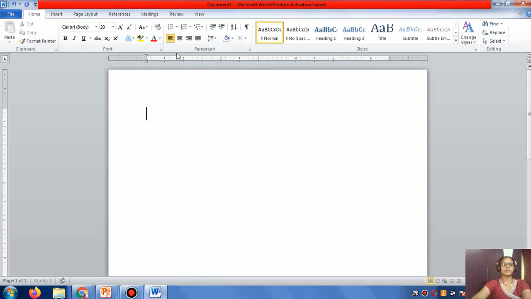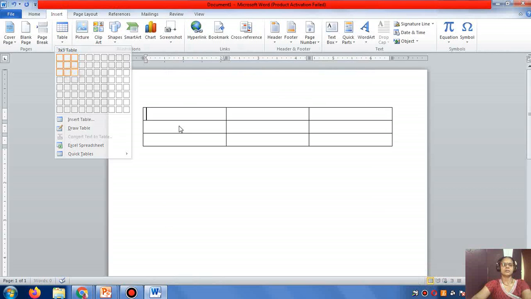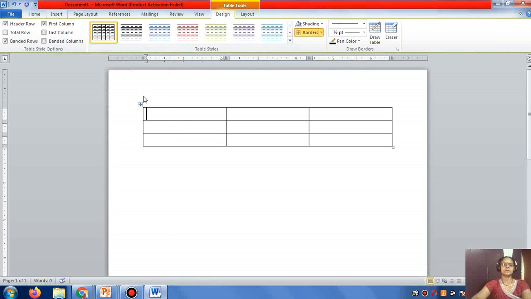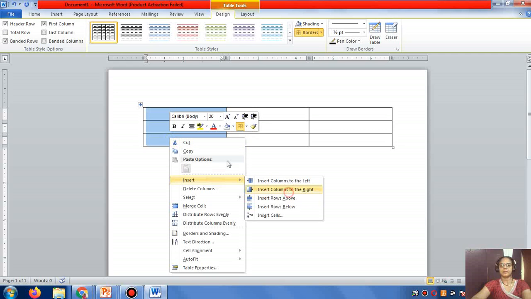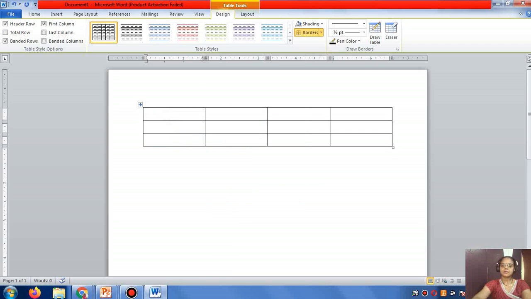Now I'll show you the truth table for three variables. Suppose there are three variables P, Q, R, and the result is P or Q or R. Look at the screen: if this is true, the result will be true.